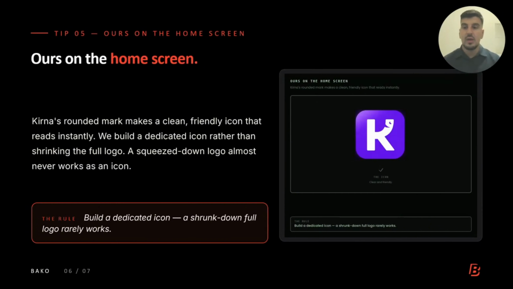Tip number five. This is one of the designs that I've done for a brand called Kerner, and it's an app using AI as a friendly day-to-day assistant managing the tasks for day-to-day activities. It's a human-to-bot connection, and you can see the app icon here is really simple and easy to recognize. I've done it in white, and the brand color is purple, but as I said, you need to start as black and white first and then add color later. And it works in a single color, and it can compete with the rest of the apps out there in that niche. So you can see the size, it works small, and as you scale it down, it would completely work as well